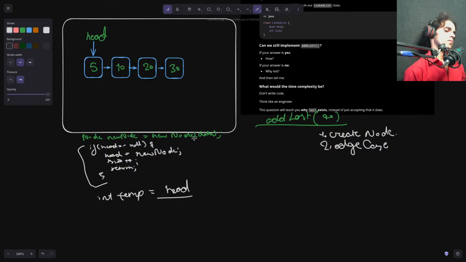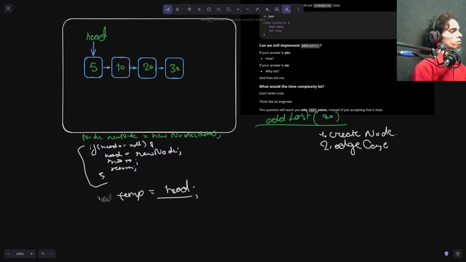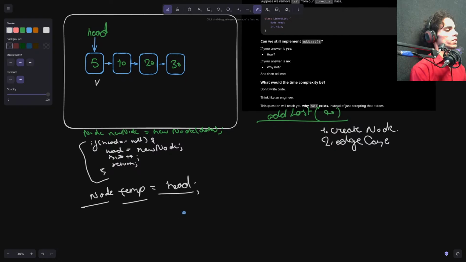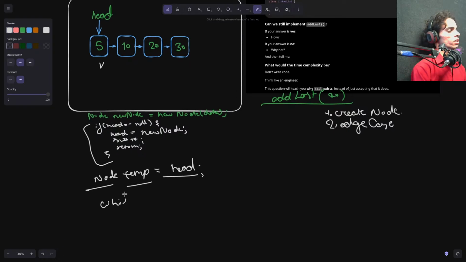This will not be int temp, it will be Node temporary, because the temporary is storing the reference of this element. Now we will write a logic like while. Inside while we will write that until temporary not equal to null,